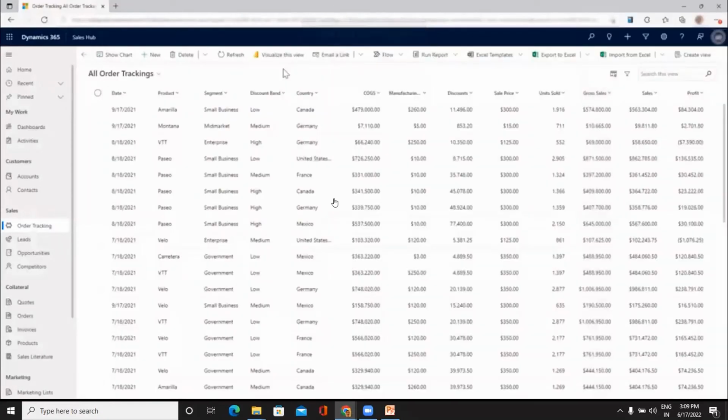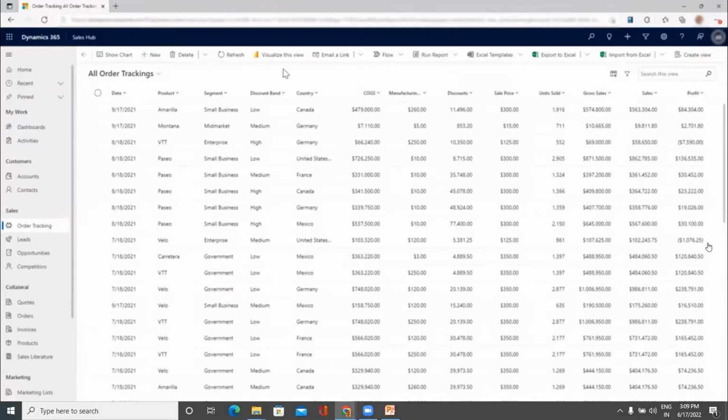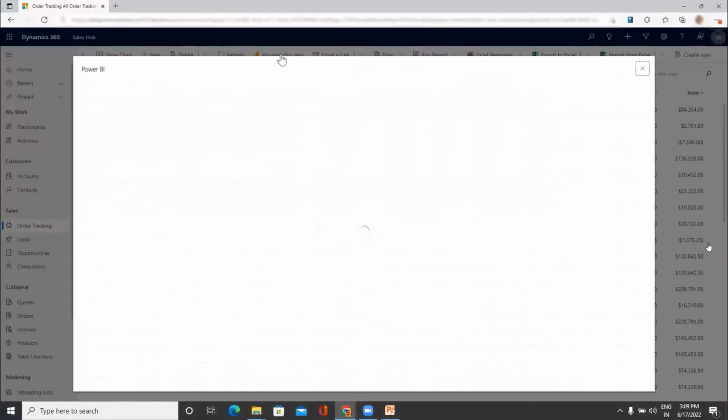Our new integration in model-driven Power Apps in Dynamics 365 is a very quick and easy way to visualize your data stored within Dataverse. With a single click, a set of visuals will be automatically generated for you to start exploring. To get started, you'll look at any of the grid views within your app and click the Visualize this view button in the app bar. This will start a process where we create a model on the fly based off of the data you are looking at within the grid. And then based off of that data, we'll generate a set of visuals for you and lay them out neatly